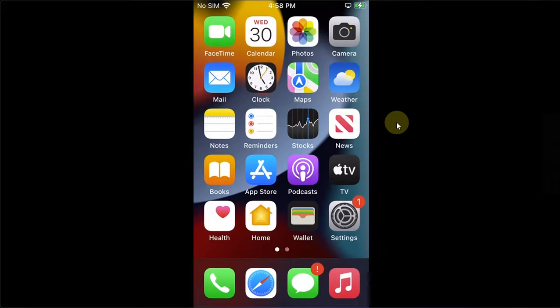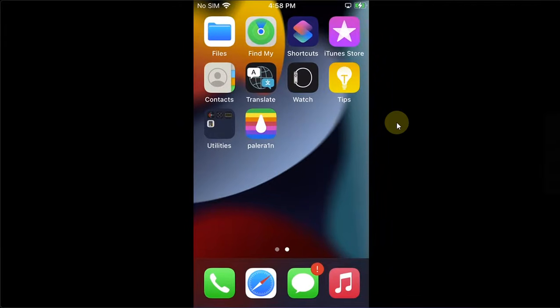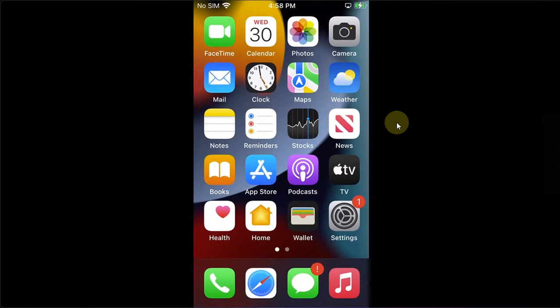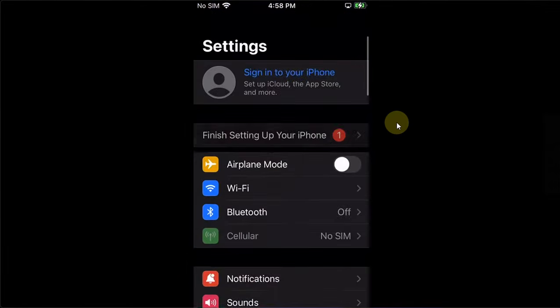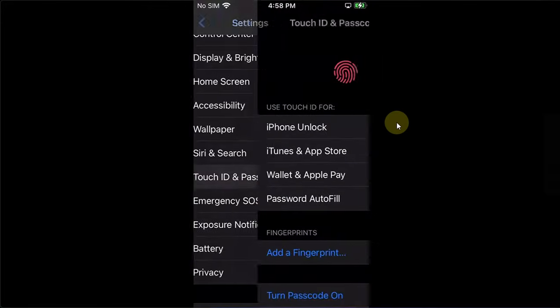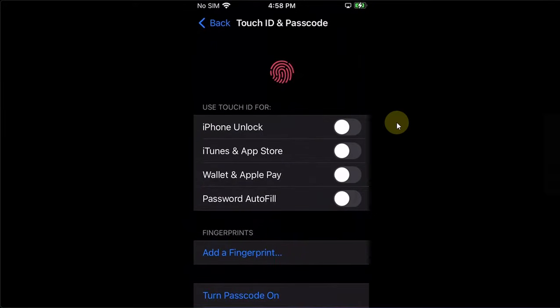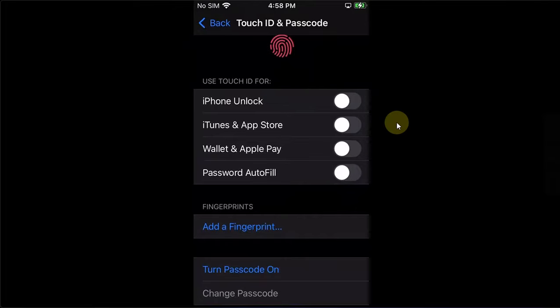Now, if you are jailbreaking an A11 device, meaning iPhone 8, 8 Plus, iPhone 10 or any iPad that is using the A11 CPU, you will have to remove the passcode before jailbreaking, or your device will panic and the loader will not appear because it will not be a successful jailbreak. So you will have to go to settings, then go to Touch ID and passcode and turn the passcode off